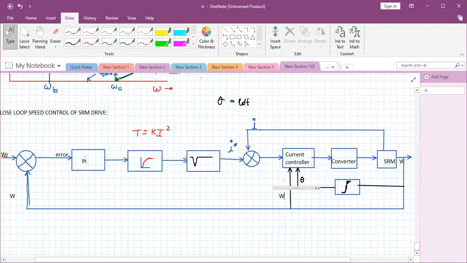Again, as I told you, the torque should always be positive. To sense whether the torque is positive or negative, here we are taking one output from here and giving it to the sign block. So it shows which sign the torque has, positive or negative. There is one other block here, which is the sign for torque.